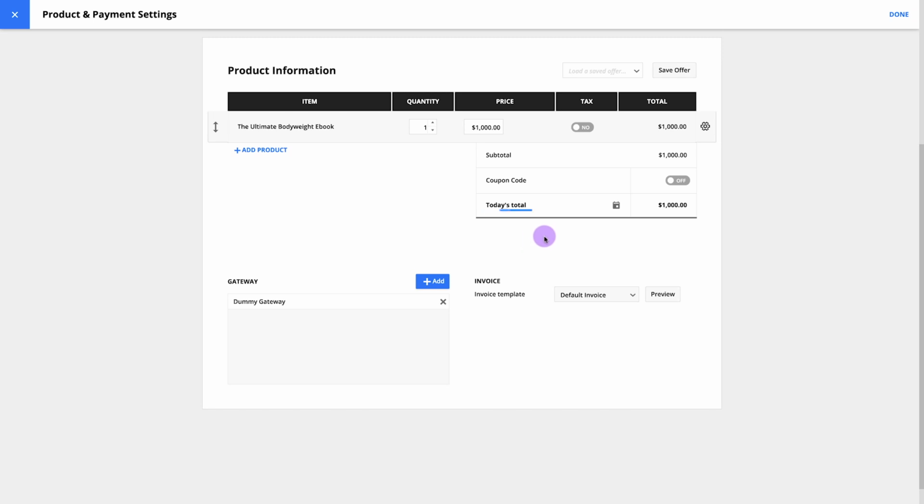Next, take a look at today's total. In most cases, you'll set up your offers to be processed immediately when your customer purchases, but you can choose the date you want to charge directly from your product information. This is commonly used for courses that have a start date down the road. This way you can tell your students to sign up now, but offer not to charge them until their course